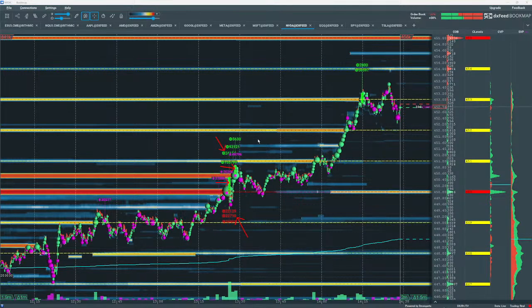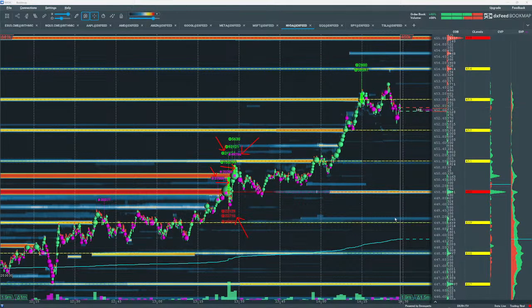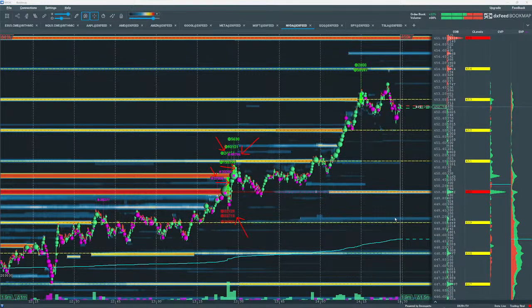And then these purple numbers are showing passive sellers. So the buy sweeps, those were absorbed by the limit orders, the sell limit orders in the order book at the time. So that's the colors that I use. Bright red, bright green to show sell sweeps and buy sweeps. And then I use purple and blue for the passive.